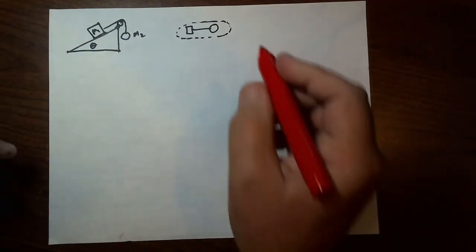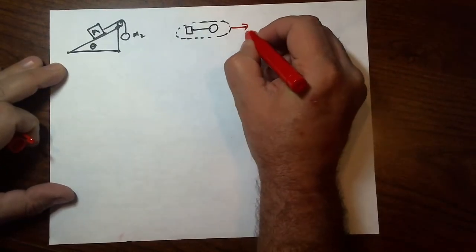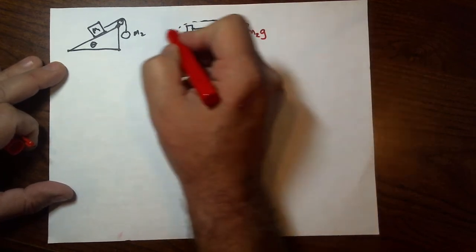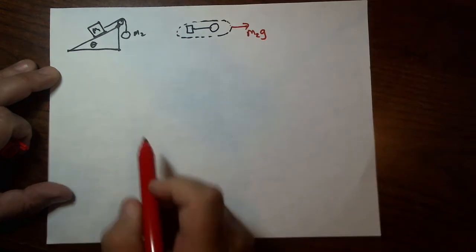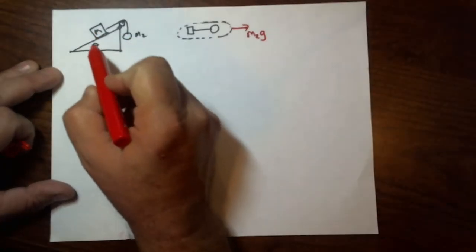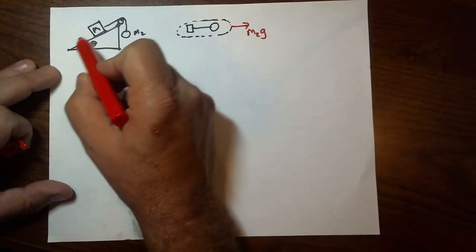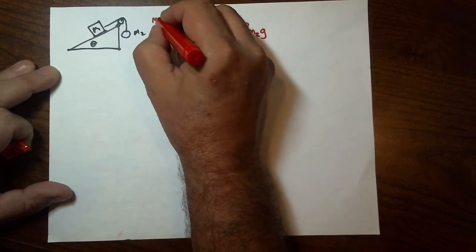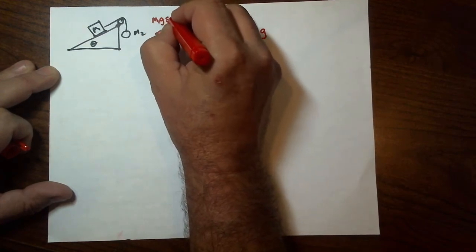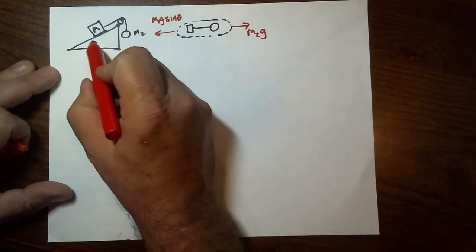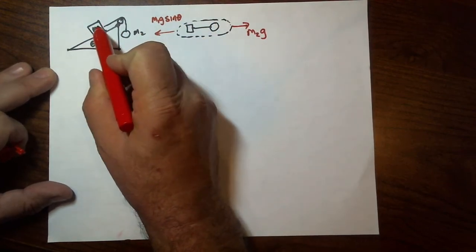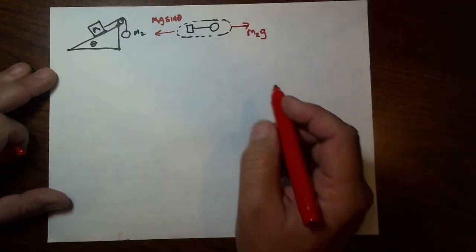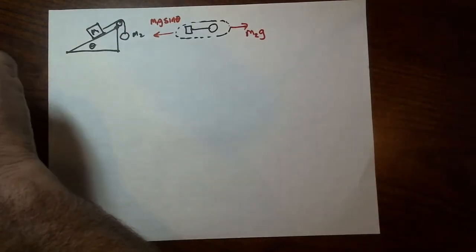inclined plane knowledge. And so pulling this way is the hanging mass, m2 times g, hanging weight, I should say. And pulling the other way is some fraction of m1 because he's no longer on a horizontal surface. So there's some part of his weight that's going to be pulling down this way. And if you remember your inclined plane stuff, you'll realize that it's m1g times the sine of theta. The sine is the function that pulls it back down along the plane. The cosine was the part that holds it on the plane. And of course, our combined mass